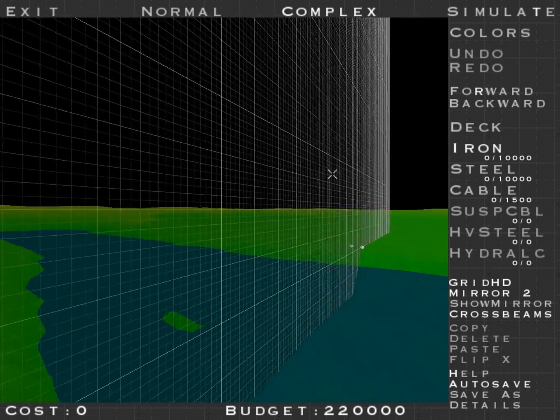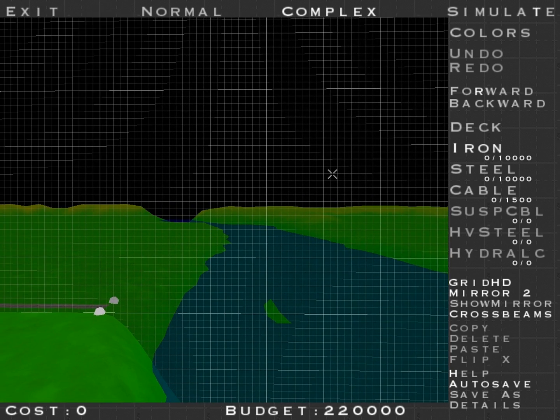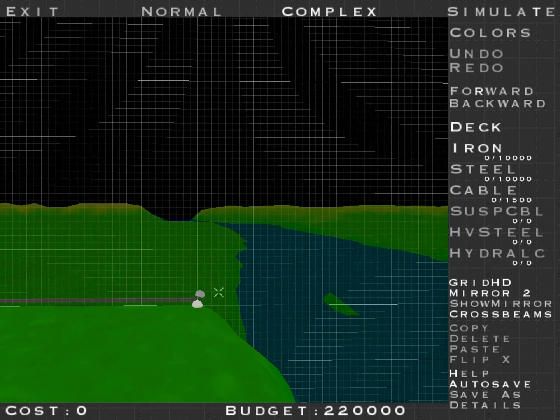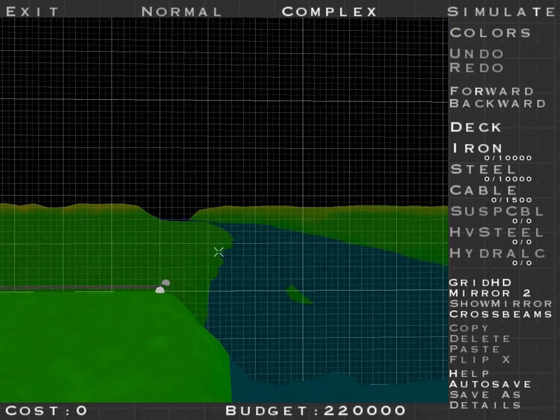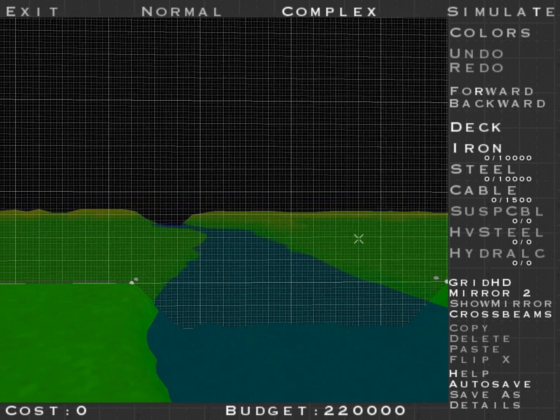Left off the last time after some very poor bridge building attempts, but oh, what can you do? So last time we were trying to do like a little relaxed bridge with just a bunch of cables holding it together, and I know that will work. I've seen it work before, but